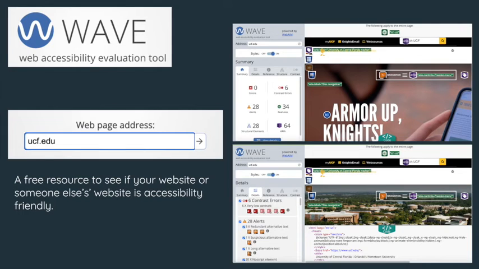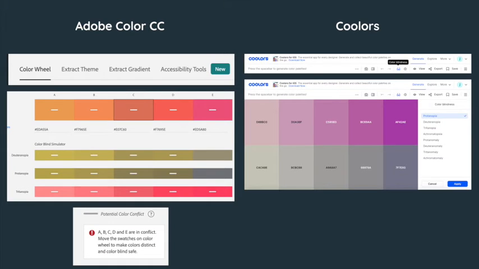So other than looking for accessibility, before you even test it, you should know a few basic things such as colors and your color palette. You should always test for multiple variations of color blindness because there are many. One size does not fit all when it comes to color blindness. Two free resources that we highly recommend are Adobe Color CC. Just go to colors.adobe.com. Here, you have to click on Accessibility Tools, and then you can see if your color palette is compliant with 3 different options for color blindness.